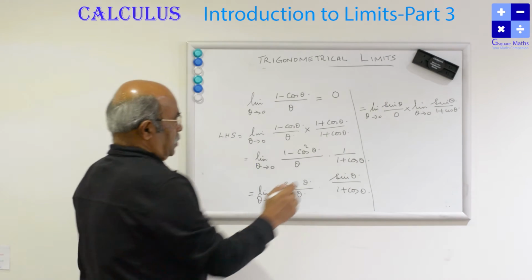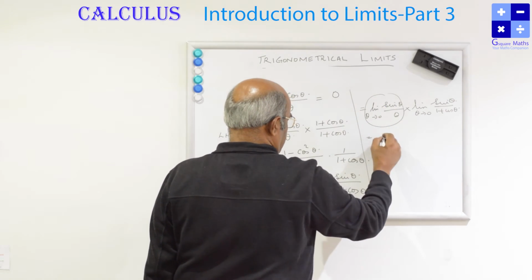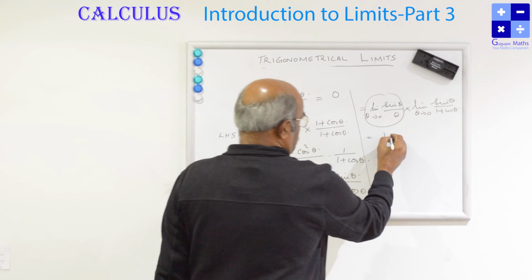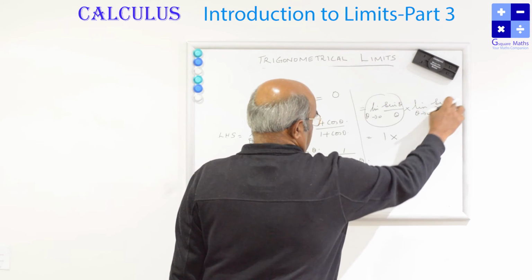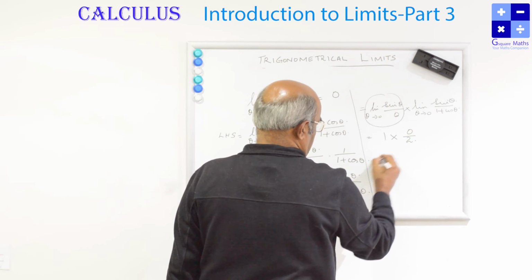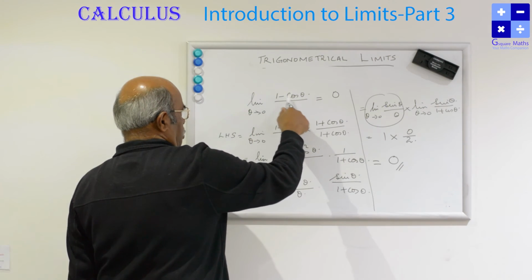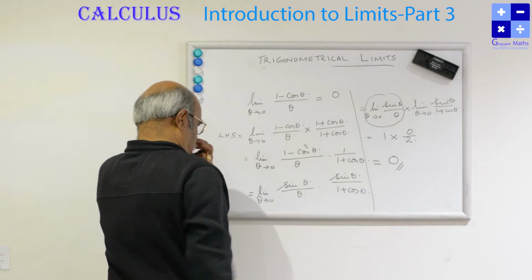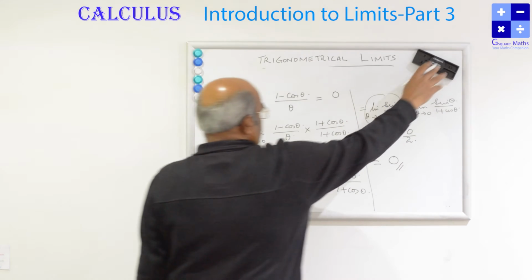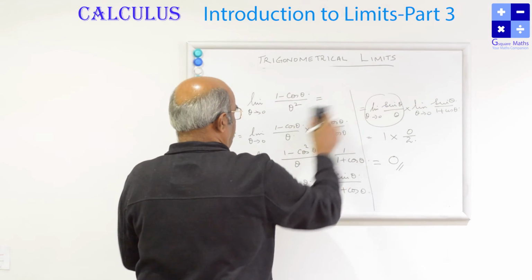Sorry. That is equal to sin theta by theta. We already know that its value is 1. Substituting the values, sin 0 by 1 plus cos 0, that is 0 by 2, which is equal to 0. So the limit as theta tends to 0 of (1 minus cos theta) by theta is equal to 0. So that is this. Now as a second example, if this is squared, the value will be half.